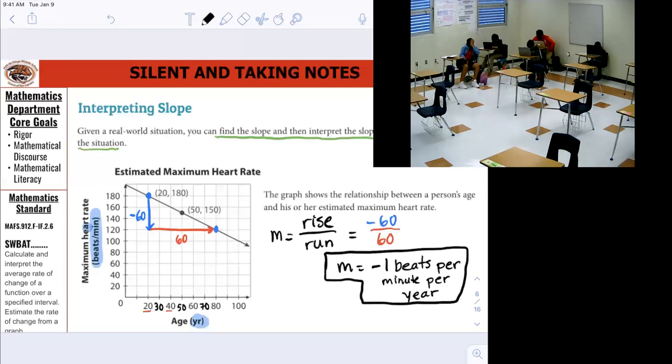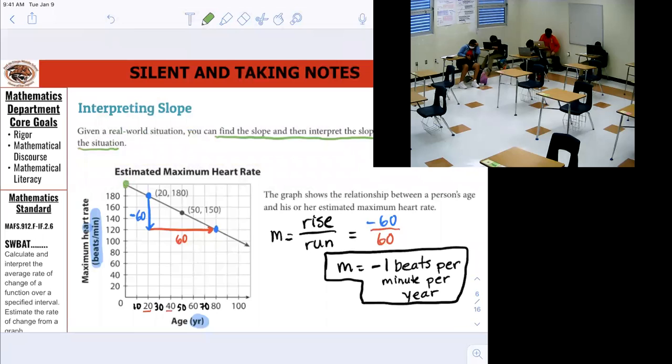This one doesn't make sense because when you're a baby, you probably don't have that much heartbeat. Well, what is this actually saying, Juan? What does this graph say about when you're a baby? What's the heart rate when you have a baby? 200. 200, yeah, because it's all the way